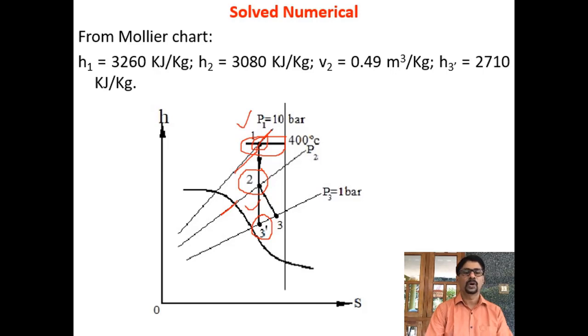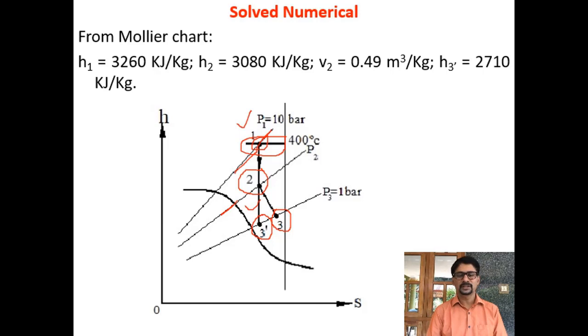That means 1 to 2 is isentropic expansion. It's a very, very important problem. 1 to 2 is isentropic expansion, a vertical line, but actual expansion or the loss is going to take place in the diverging portion. Therefore the actual expansion is taking place along the line or the curve 2 to 3 rather than 2 to 3 dash.